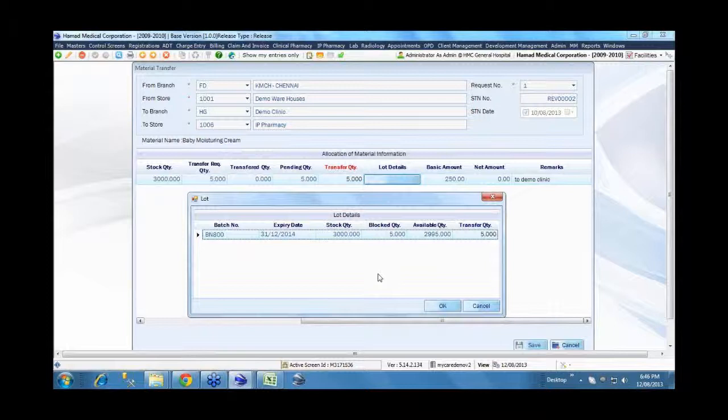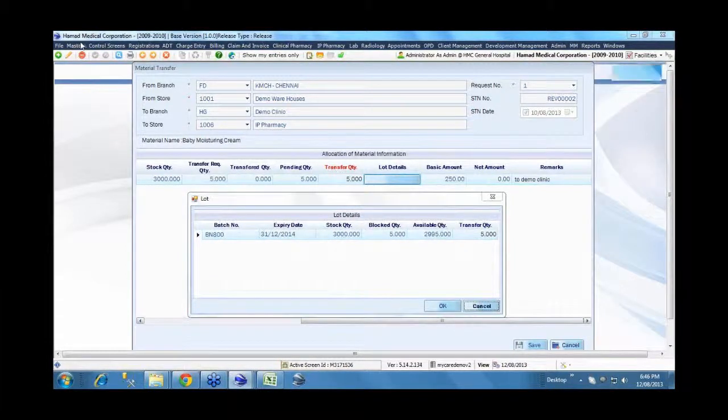Here we can specify the lot. If there is more than one lot, it will be listed here, and you can specify, out of the total quantity I am dispensing, how much I am dispensing from each lot.